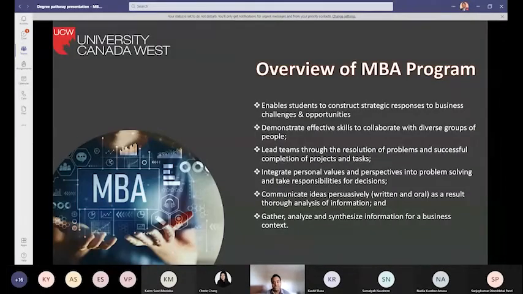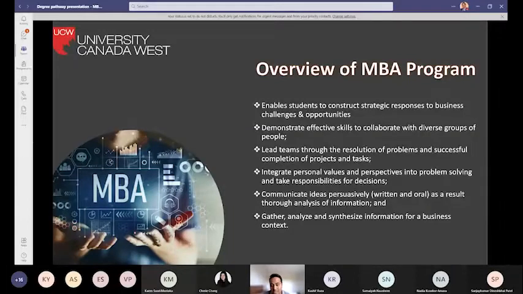So, the overview of the MBA program. The program in itself is pretty robust. It's very up to the mark, and industry recognizes it. It enables students to construct strategic responses to business challenges and opportunities, and demonstrate effective skills to collaborate with diverse groups of people. It helps you lead your teams through resolution of problems and successful completion of projects and tasks.